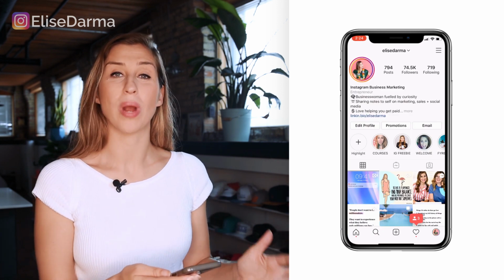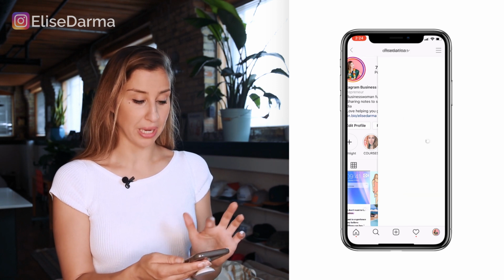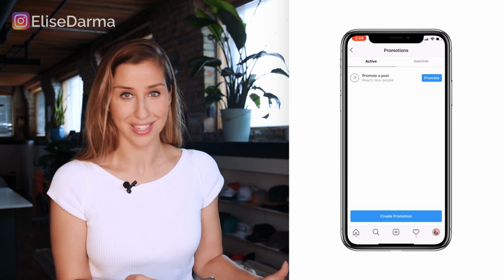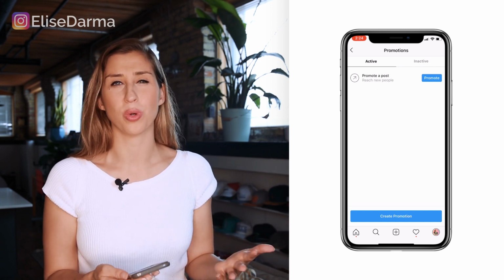One thing I want to show you right away is when you're on your account, there's a promotions button, especially if you're a business account. Don't hit that button. Don't try to run an ad from the promotions button. That's almost equivalent to hitting the boost button. And in 2019, hitting the boost button just doesn't give you enough options that you need in order to make